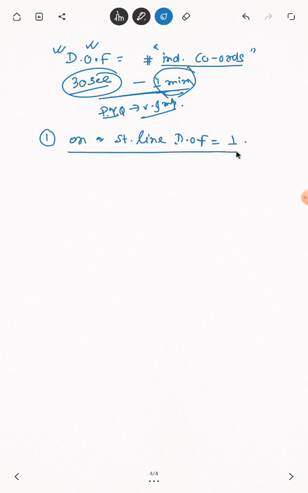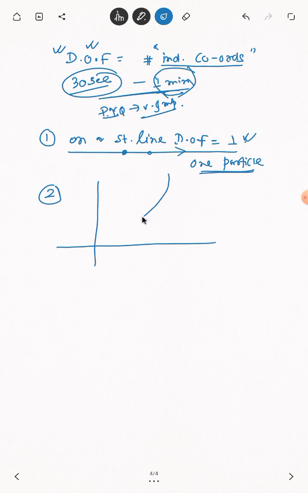একটা স্ট্রেট লাইনের উপর যখন সে মুভ করছে, এই পার্টিকেলটা মুভ করছে, সো ডিগ্রি অফ ফ্রিডম উইল অলওয়েজ বি 1. কটা পার্টিকেল? 1. তাহলে 1 পার্টিকেল, সিঙ্গেল পার্টিকেলের জন্য ডিগ্রি অফ ফ্রিডম 1. নাম্বার 2, নাও সাপোজ the particle is moving along a plane curve, that means a curve which is in plane,